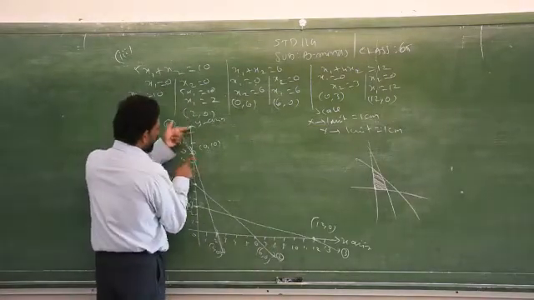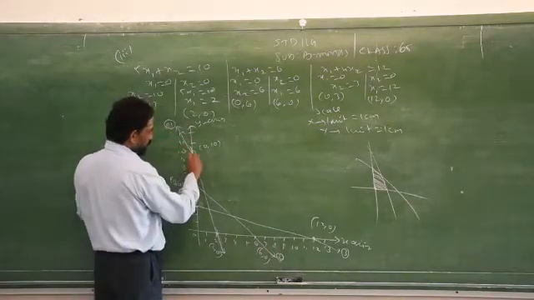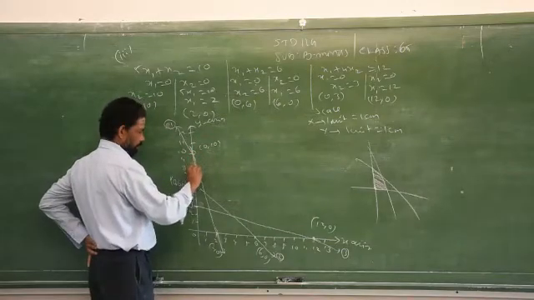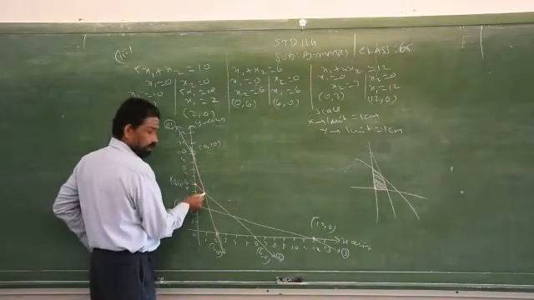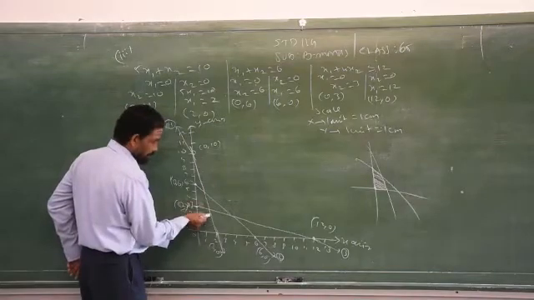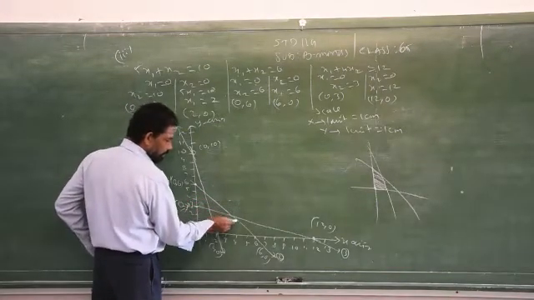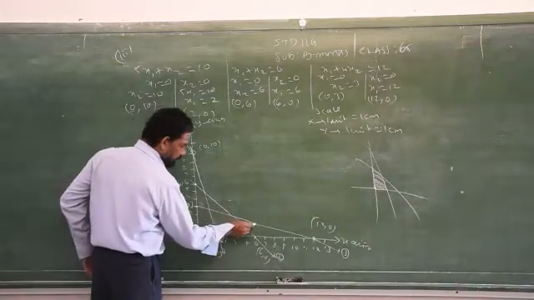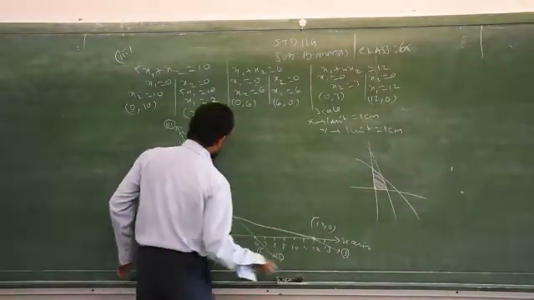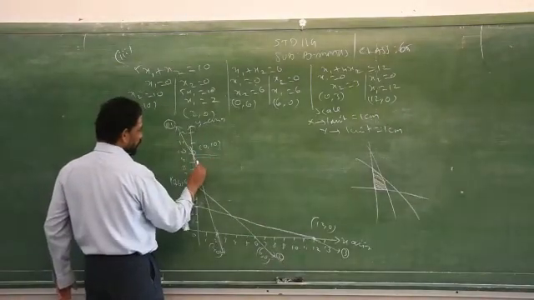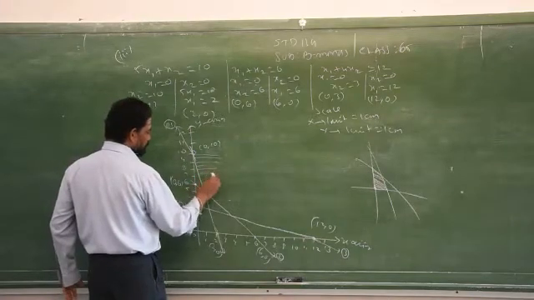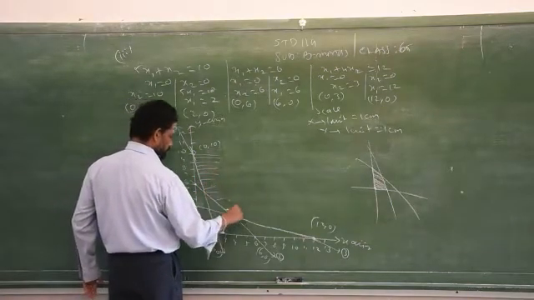What is the first point on the outside? 0, 10. So start from here. Here it is intersecting, so don't go beyond the intersecting points. Again you take this path. Again it is intersected. Don't go beyond that intersecting point. So you have to cover this one. You shade only the outside of the boundaries.